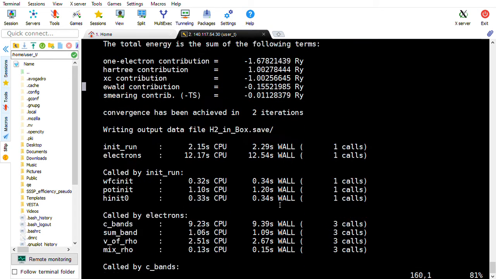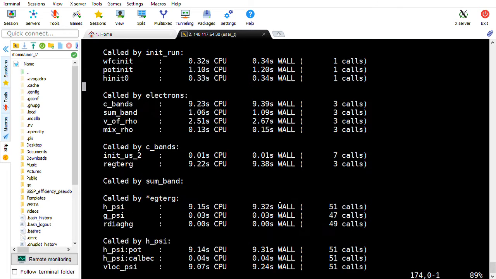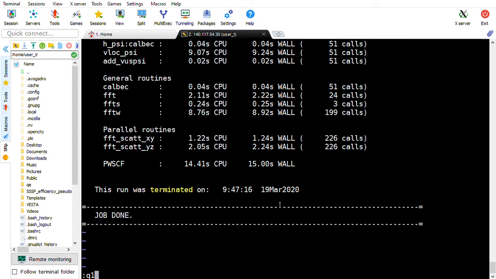You can inspect the output. And important might be also that you look for things like convergence has been achieved. Convergence has been achieved, that is good. Job's done, that is good. And then,